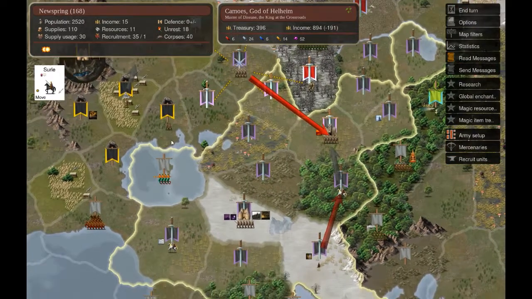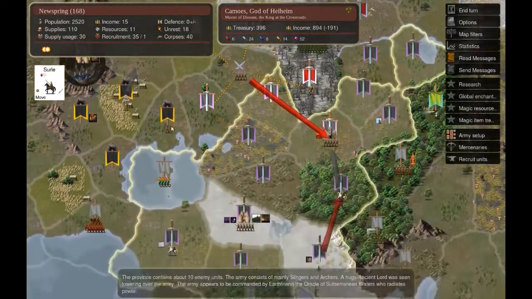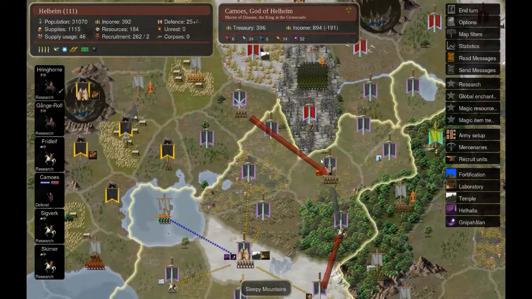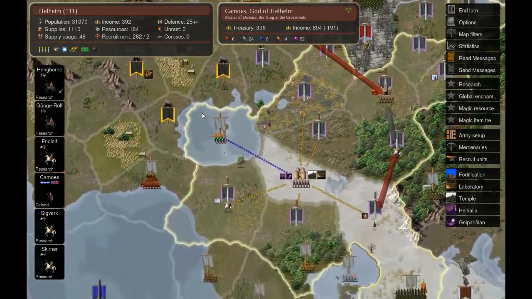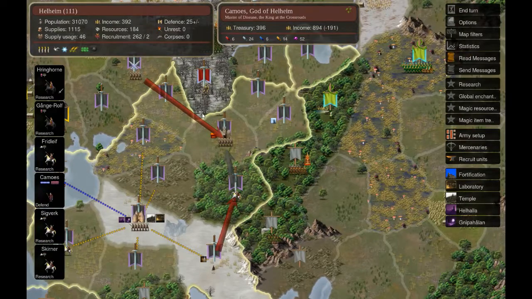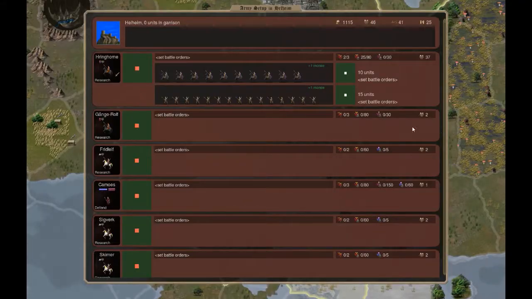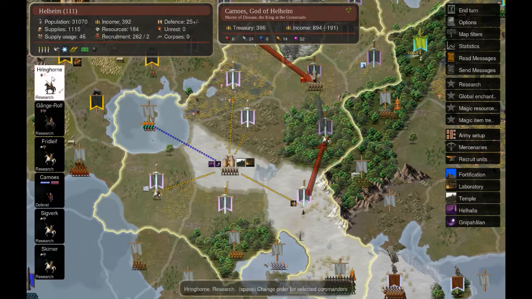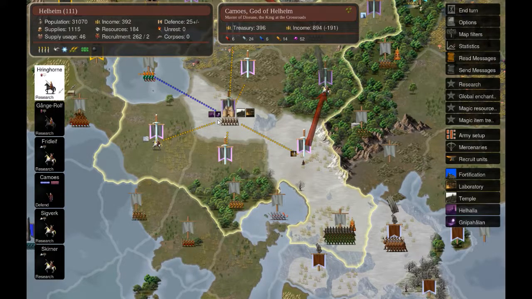Can you move over there? Yes, you can. So let's move out. I'm not going to expand any further down. What I will do is concentrate those armies here, and let me think about it. It's going to be a really tough choice, and this army can be moved down, and let's try to get these provinces over here,